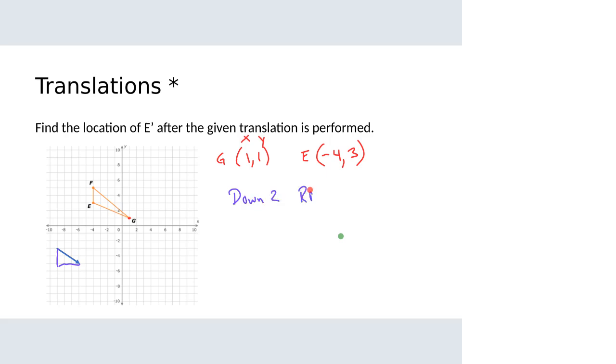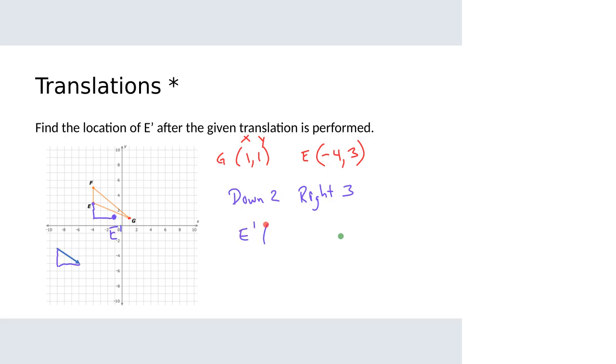To the right 3, I guess I should say. Down 2 and to the right 3. So if I want to figure out where E prime is going to be, I need to go from here. I need to go down 2 and to the right 3. And it's going to end up right there. That's where E prime is going to be located, which is the E prime is going to be at the